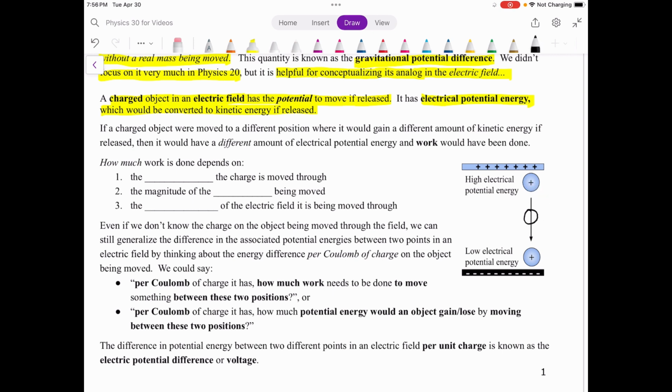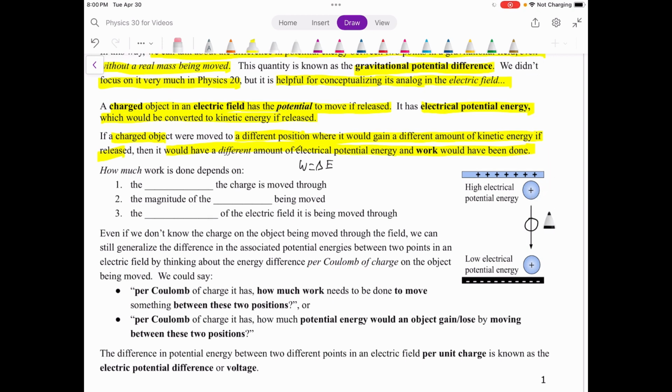See how similar these ideas are? So if a charged object were moved to a different position, where it would gain a different amount of kinetic energy if released, then it would have a different amount of electric potential energy. And work would have been done on it. Whenever you change something's energy, you have done work on it. Remember, work is just a change in energy. Now, how much work and how big the change in energy is going to depend on a couple things, right? To go from this position to this position, how big of a change of energy that represents? Well, it's going to depend on,